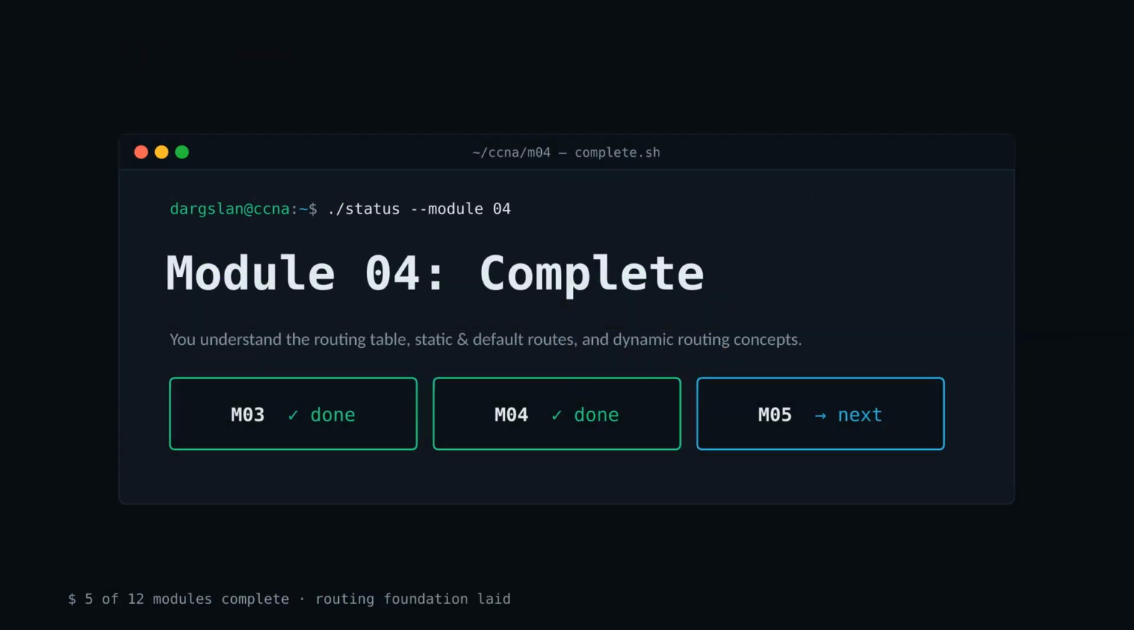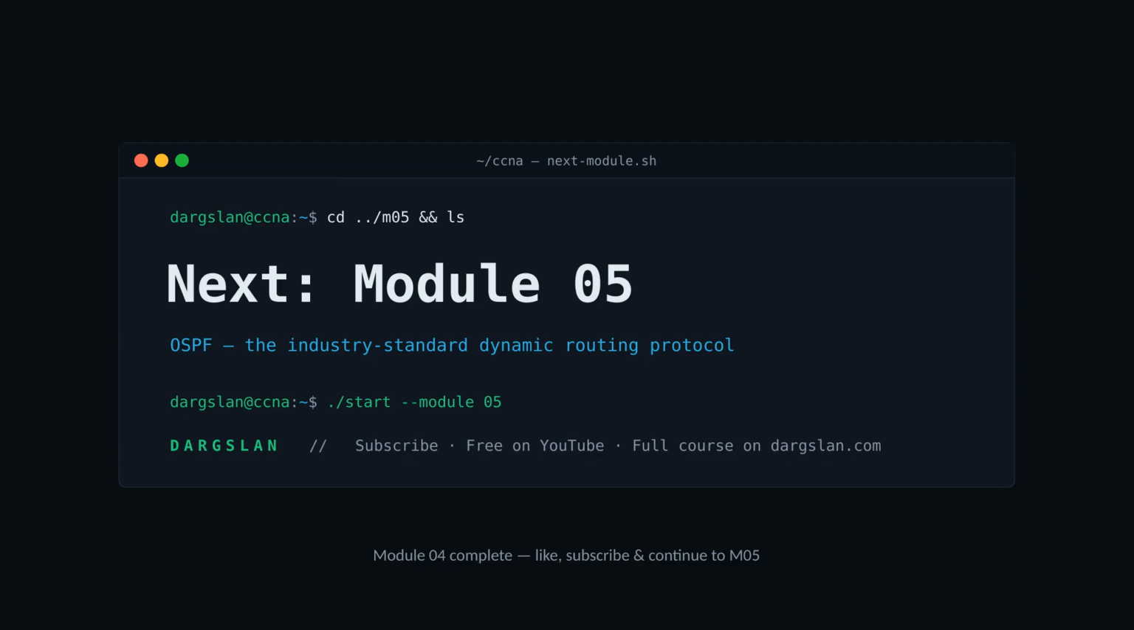And that's Module 04 in the books. You've got the routing table, static and default routes, floating statics, and the conceptual map of dynamic routing. IGP versus EGP, administrative distance, longest prefix match. 5 of 12 modules complete, the routing foundation is laid, and Module 05 is queued up next. Next stop, Module 05, OSPF. The industry standard dynamic routing protocol, where everything you just learned about administrative distance and the routing table really starts